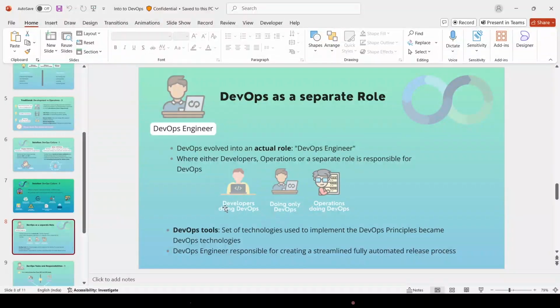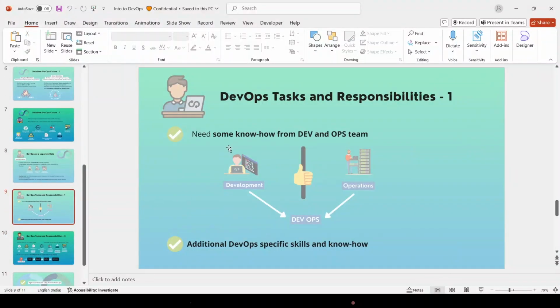Previously developers used to do these DevOps tasks, and then we had the operations team doing these tasks. But as of now, the DevOps team has evolved separately. In DevOps also we have different teams. Currently we have the SRE team, and a few new roles have emerged. As you know, AI and ML are also emerging, right? So we have options like AIOps and MLOps as well. Even those roles are available.